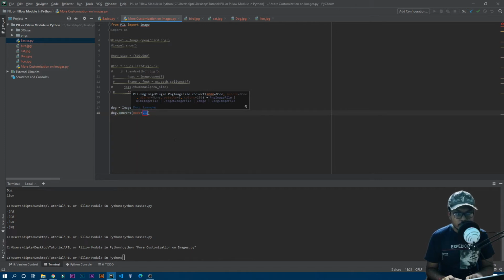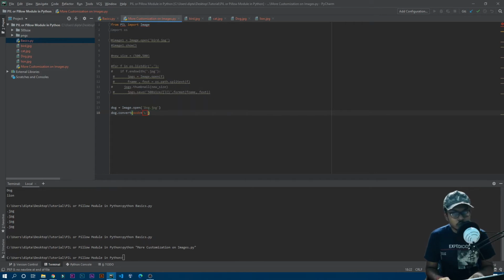So obviously you will find these modes in the documentation. No one can remember all the modes, so you can just go into the documentation and search for any modes which you want to convert. So for grayscale it is actually, I guess, L. Yeah, for grayscale it is actually L. So I'll just quickly write the capital L, or uppercase L, whatever you want to call it.